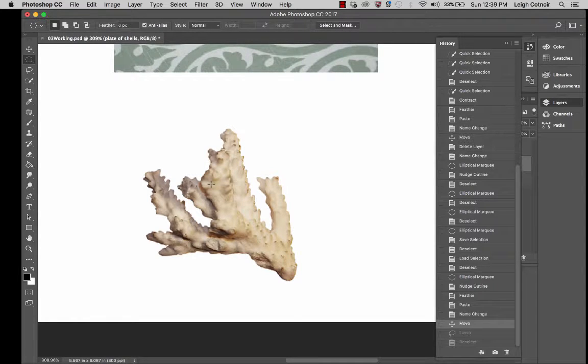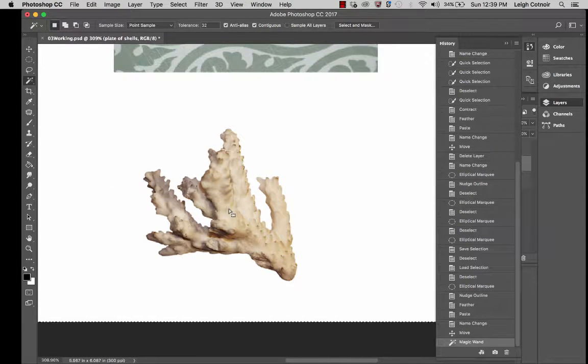So you can select edges based on color and difference of values, and we can choose the magic wand tool. Now the problem with the magic wand tool, which is, by the way, underneath the quick selection tool, is that if I were to select this,